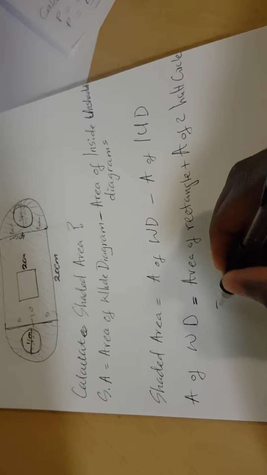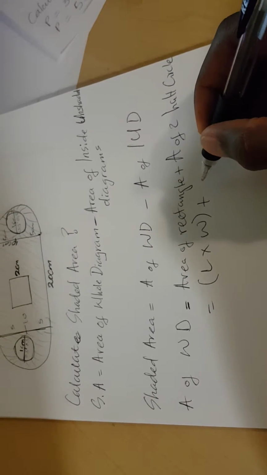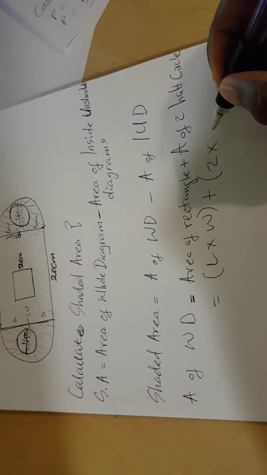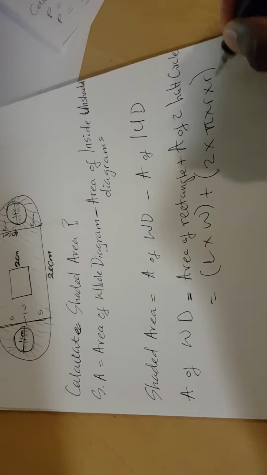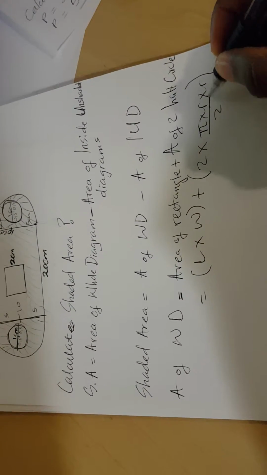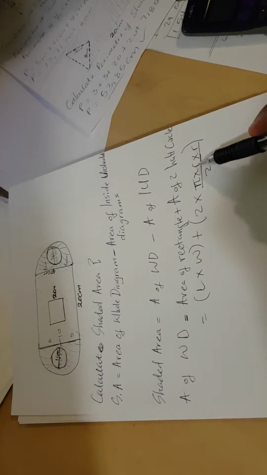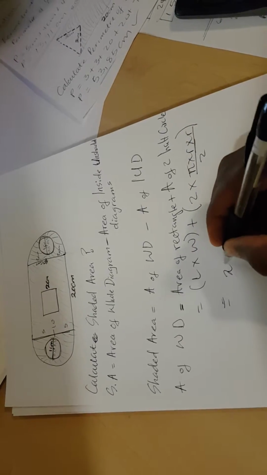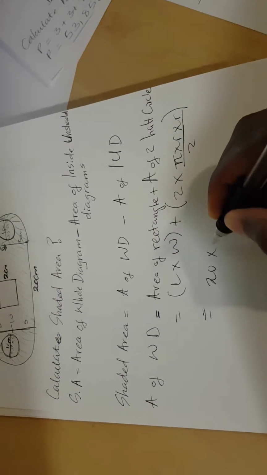So we're going to say area of rectangle is length times width, plus area of two half circles, which is equal to 2 times the area of a circle, pi r squared, divided by 2, since these are half circles. Because we have two half circles, that's why it's 2 times. Then our length for the rectangle is 20 centimeters, and the width is 10 centimeters. So it's 20 times 10